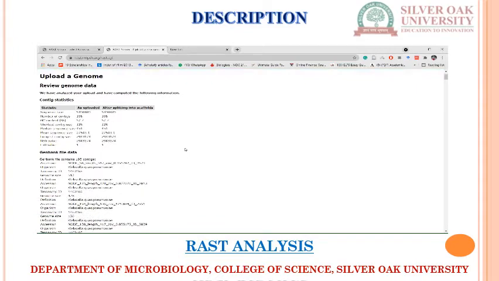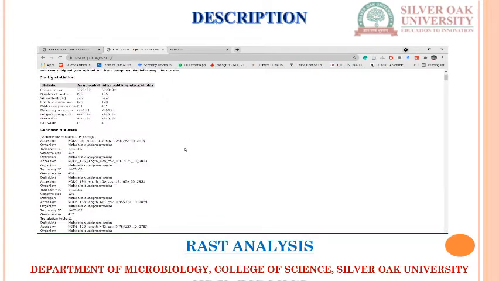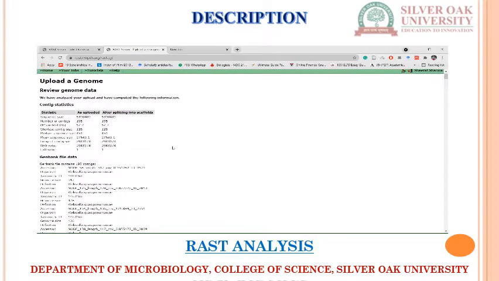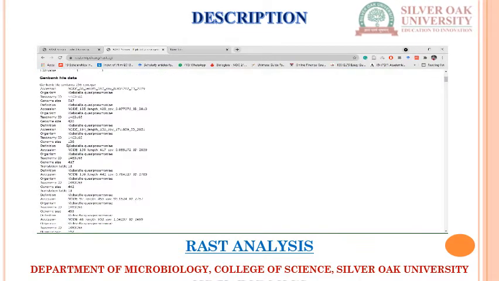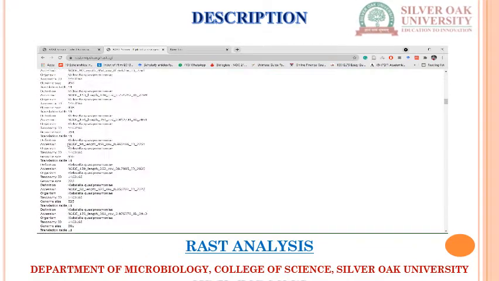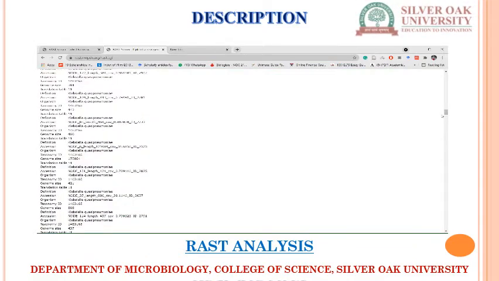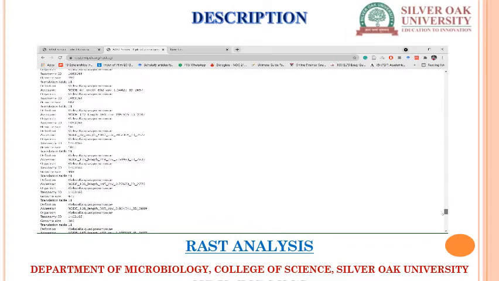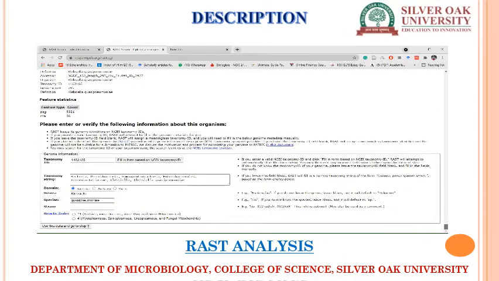So here we have completed our second step. We are getting the details: sequence size, number of contigs, GC content, median size, and the N50 and L50 values. That is the complete sequence, and you can scroll down to the end.